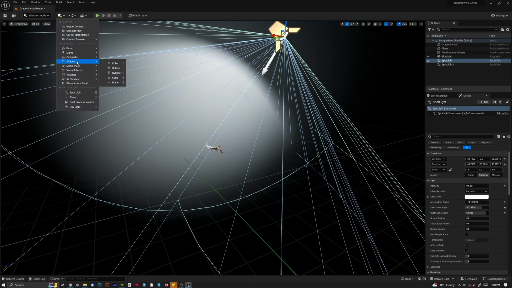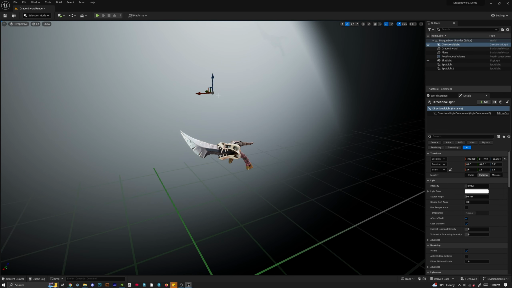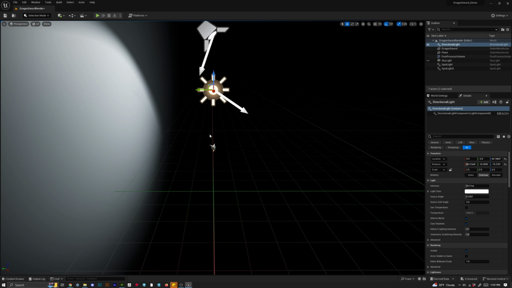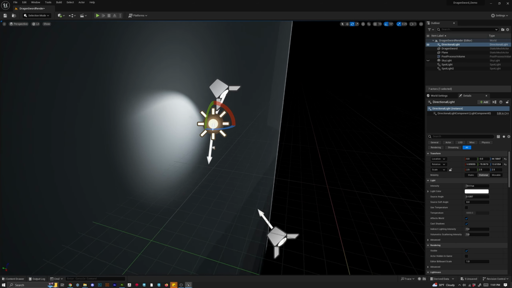Normally I use all different types of lights. You can experiment with these, obviously. For production rendering, a lot of times I use rectangle lights and point lights to accentuate certain areas. I don't really use directional lights too much, but sometimes that can give you a good place to start. It doesn't really matter where it is in the map, just the direction it's pointing is what's important. But sometimes, depending on my asset, I can get a nice rim light. But I think because I have my backdrop,